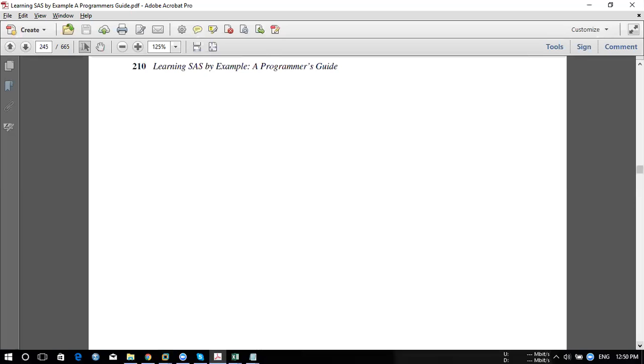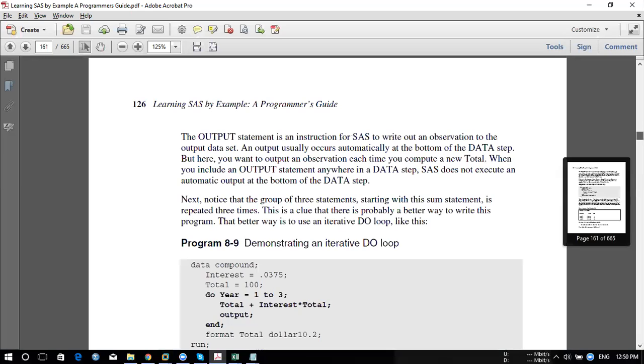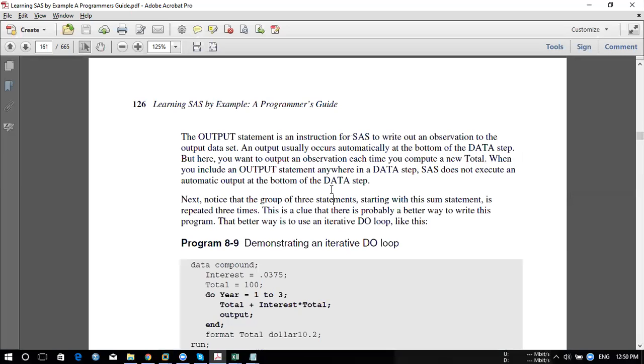Okay, I have a query on a question in the exercise. No problem, go back. Chapter.